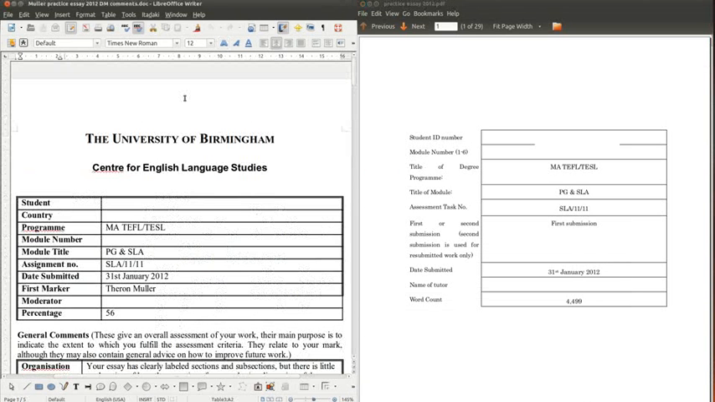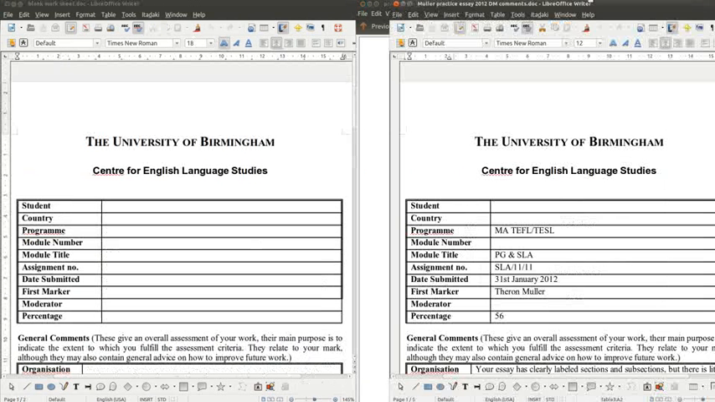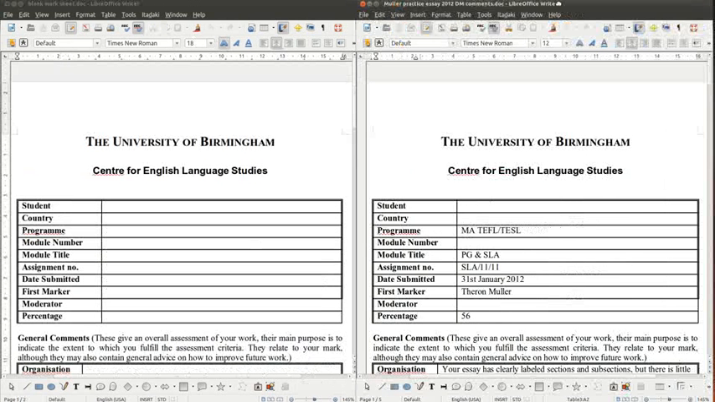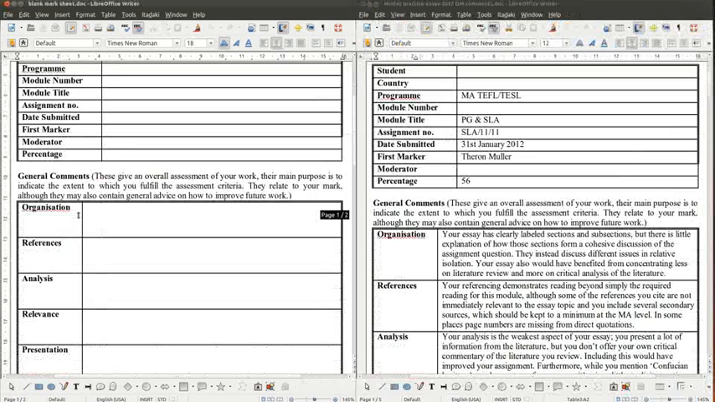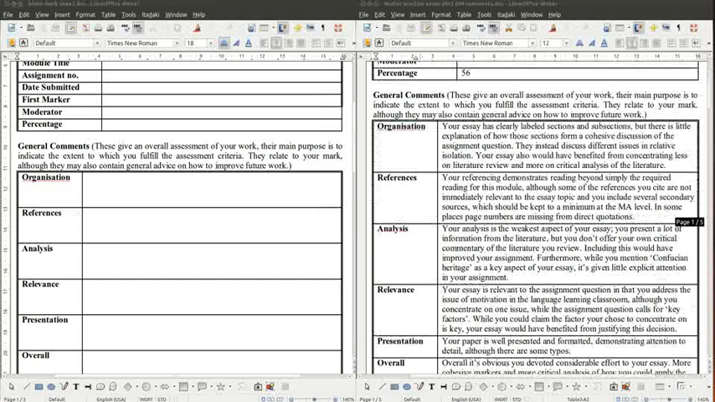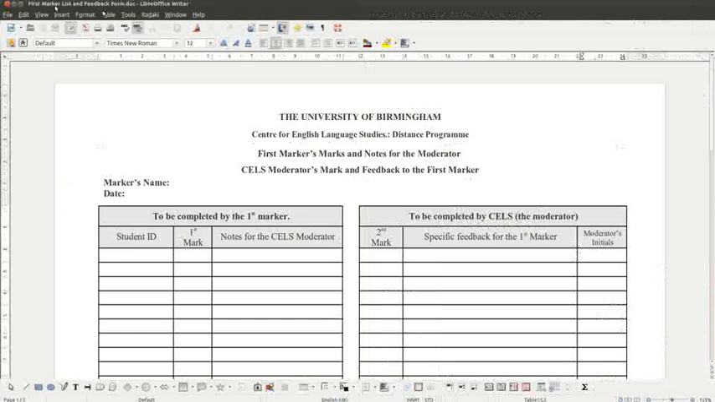which you should see on the right side of your screen. So how to go from the file on the left, which is blank, to the file on the right, which is completed. And then also the first marker list and feedback form. If you don't receive this, you'll want to contact the administrator in Birmingham and ask them to send you a copy of this, because this is important for you to see the second marks, the marks that are actually assigned at the University of Birmingham